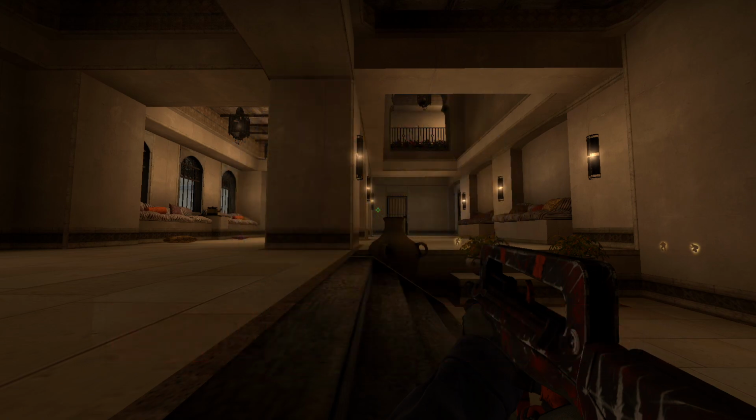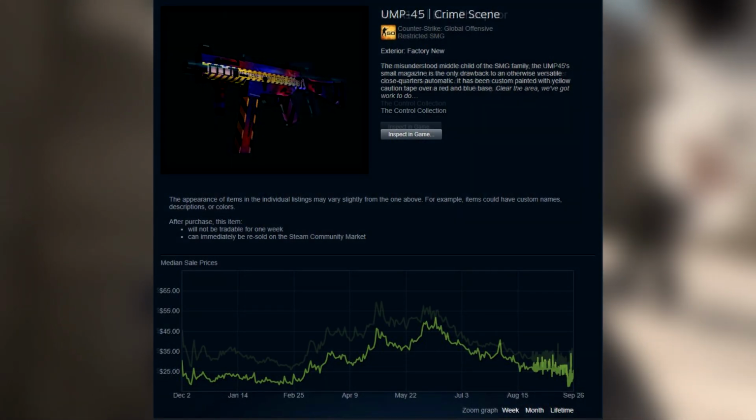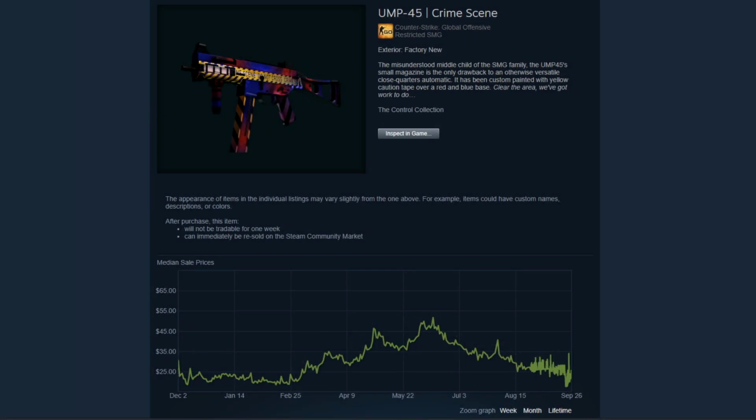Pretty much all the skins follow a similar trend among the Broken Fang skins. Just to show you, look at the charts between the UMP crime scene and the blue phosphor. Both pretty similar throughout their lifespan, but let's look at one of them more in depth at the very beginning of it. We saw the initial hype and panic the same at the beginning, but it lasted around a week and a half or so, and then seemed to flatten out,